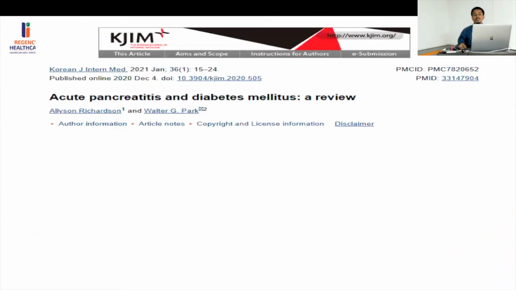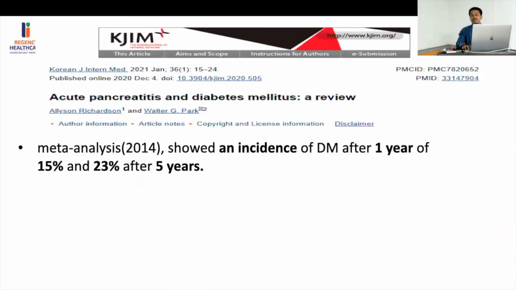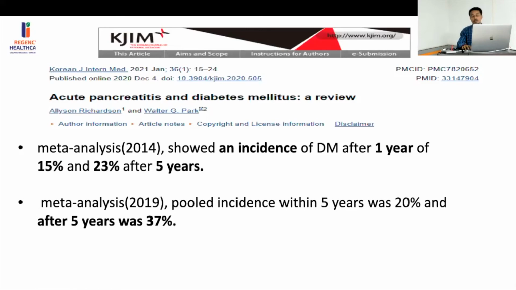So I would like to review a few articles featuring these cases. So, cases of diabetes mellitus after an episode of acute pancreatitis: it has been shown that diabetes mellitus develops mostly starting from 1 year, to an incidence of around 15%, and it increases over a period of time to 23%. A recent meta-analysis also published in 2019 gives the incidence of diabetes mellitus at 20% within the first